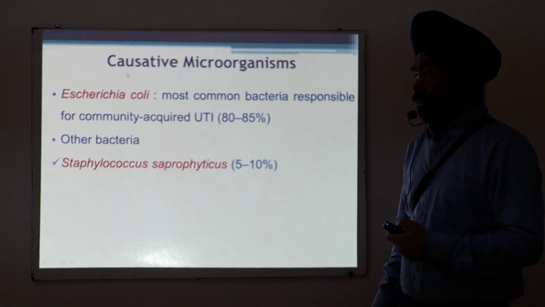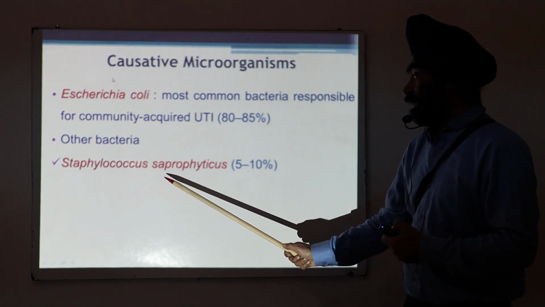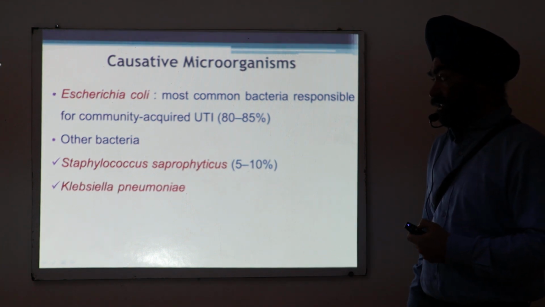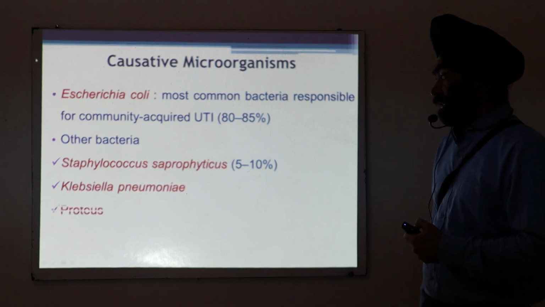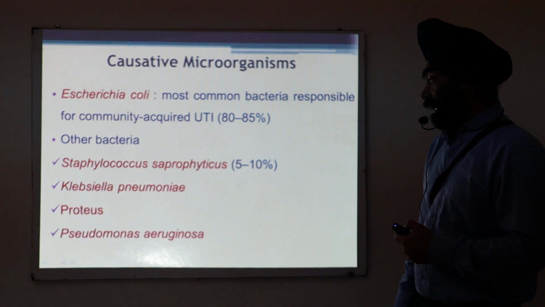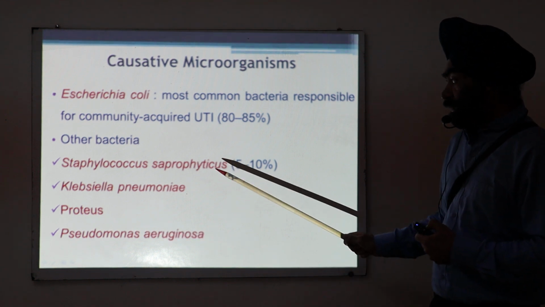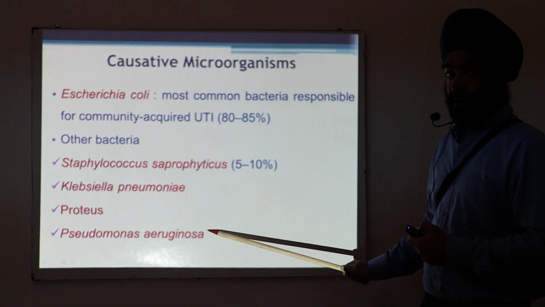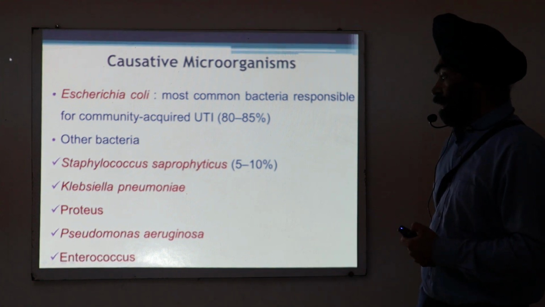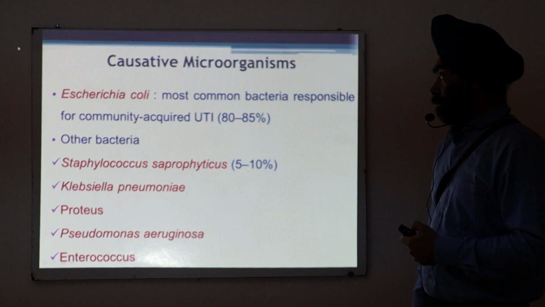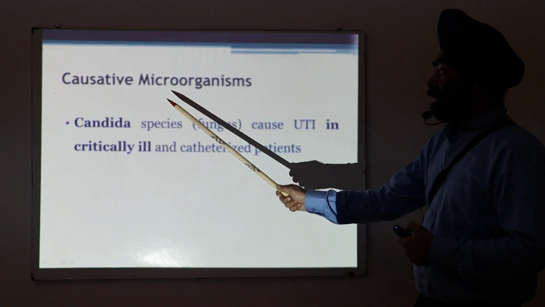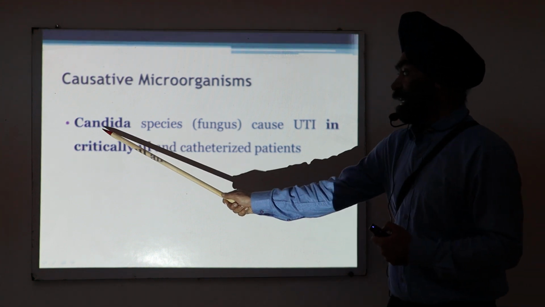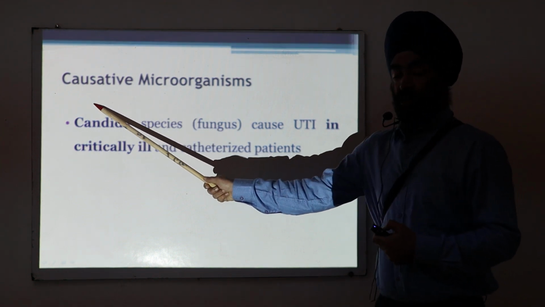There is another microorganism called Staphylococcus saprophyticus, approximately 5 to 10% of cases. Others are Klebsiella pneumoniae, Proteus, and Pseudomonas aeruginosa. So these are microorganisms of minor importance, but they do produce UTI. Another is Enterococcus. So now continuing with the causative microorganisms, fungus, that is Candida, can produce UTI, not in